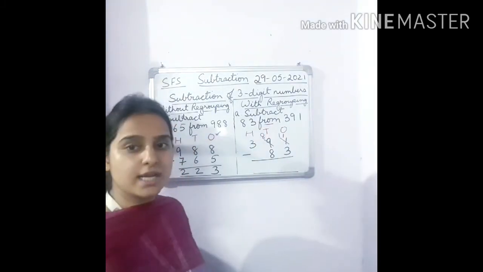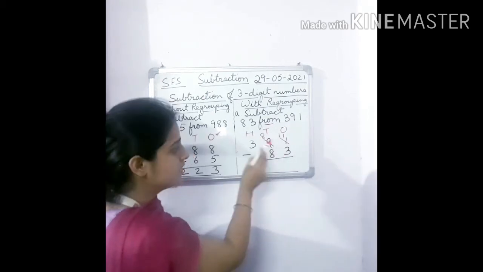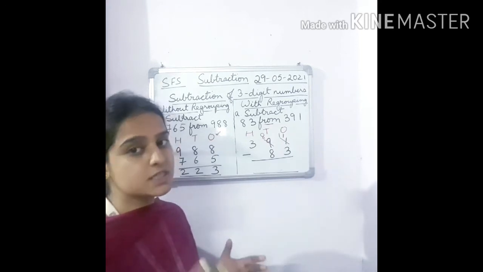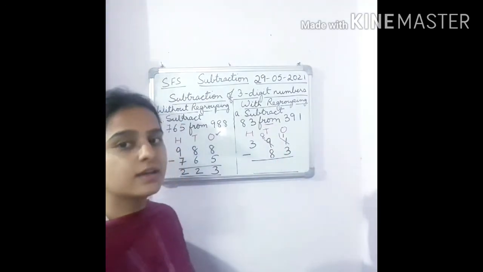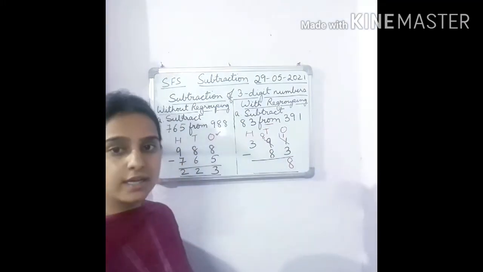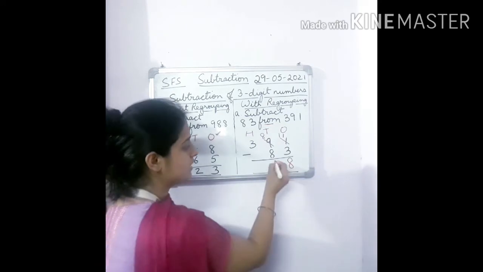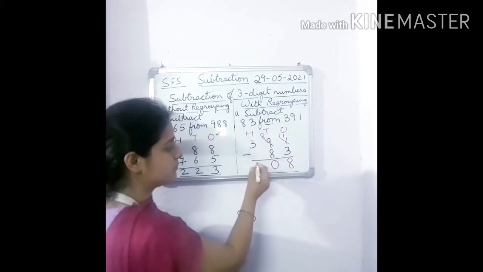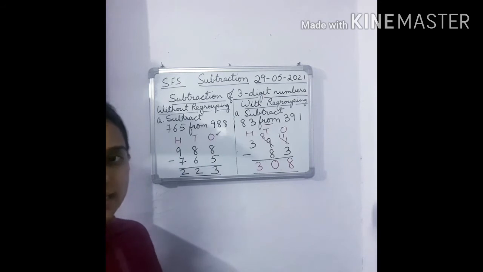Now let's do the subtraction. Now we can do it very easily. As you know that 11 is bigger than 3 and 8 is equal to 8, right? It can be equal, children, but if it is smaller, then we have to borrow. 11 minus 3 is what? 8. Right. Then 8 minus 8 is what, children? When we subtract the same number, then the difference is always 0. And in hundreds place, children, there is only one digit 3, so we'll bring this down. We get the difference 308. Hope it is clear to everyone.